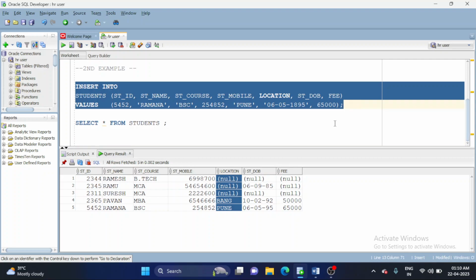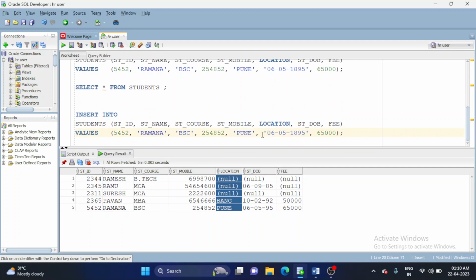Give the same path. So here I want to insert the ID, but I don't know it. Okay, the name is Krishna, then course is MSc, then mobile number, then I don't know his location, so I must keep it null because I don't know his location. NULL. Then I am giving